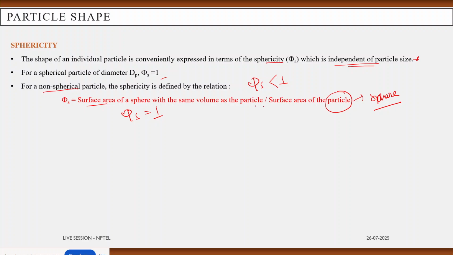That way we can get the equivalent diameter based upon the sphere property. So this is another form of this sphericity, and I will show you the derivation of how this formula comes. Let's take an